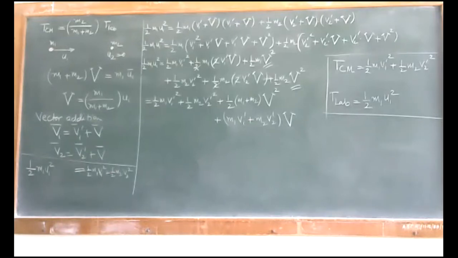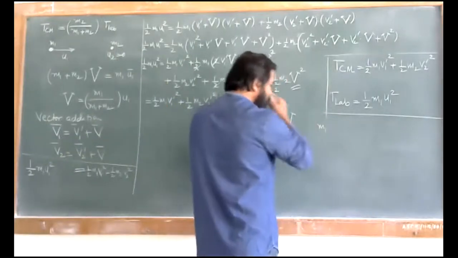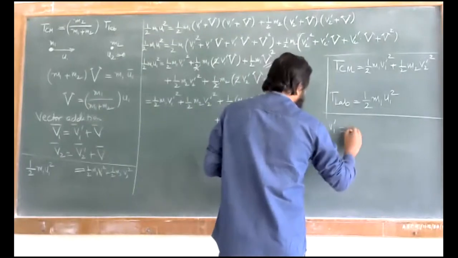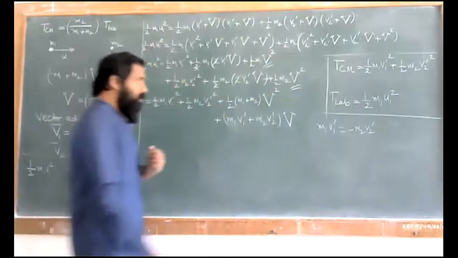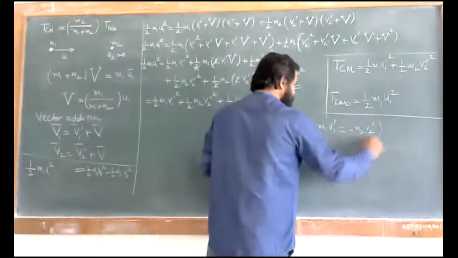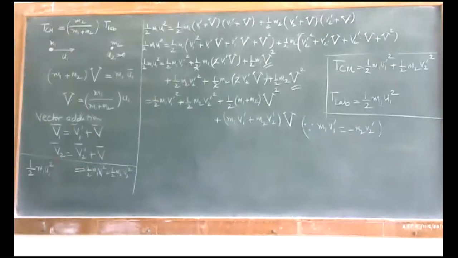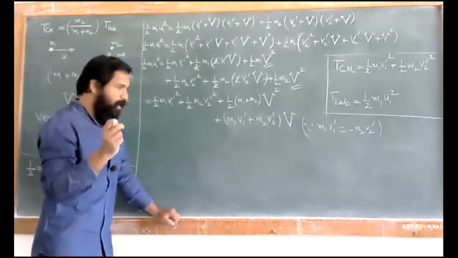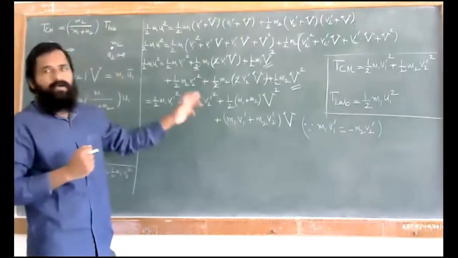So according to that property of your center of mass, we have already seen these conditions when we were looking at the center of mass conditions, that is m1 v1 dash is equal to minus m2 v2 dash. Look at this point, this is important. We have already seen this in theory, that is m1 v1 dash must be equal to minus m2 v2 dash. This value is equal to uv. When we derived the relation for the scattering angle, we saw these things.